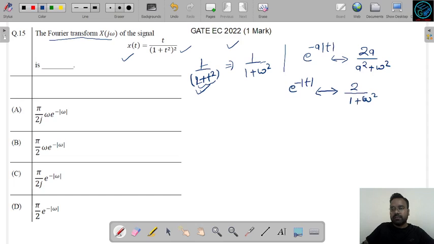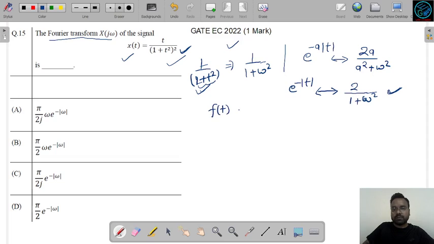Now in x(t), the square is also present, right? So we will get the square when we take the derivative of this term with respect to omega, that means we have to take the derivative on this side. So we will get 1 plus omega square to the whole square, and then replace omega with t, so we will get this type of function. So how does differentiation take place in the frequency domain? This is a property of the Fourier transform.